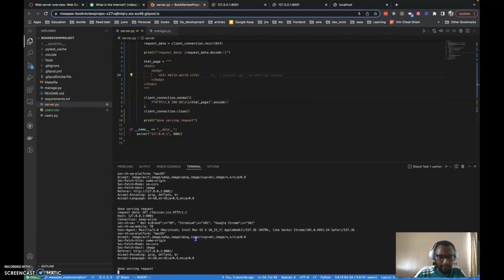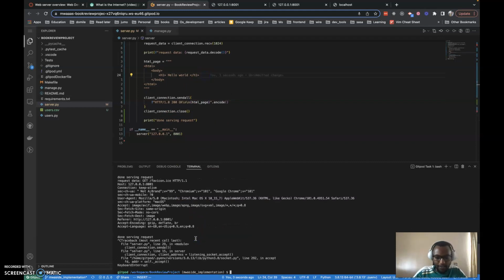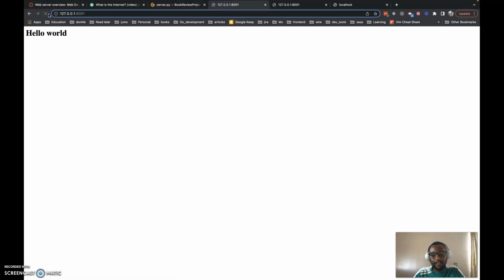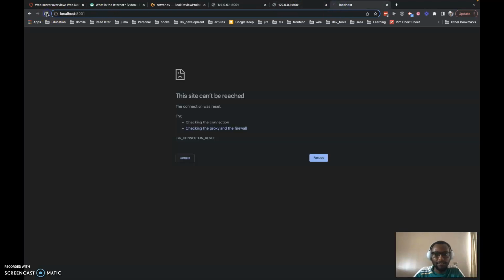So that it can pick up the new code, I restart and come here, and see we have hello world in bold on a white background. So that's the first HTML page we have loaded. Notice I can do the same thing with localhost. If I load localhost, it's resolving to 127, and then it's coming to this one, and so that's how